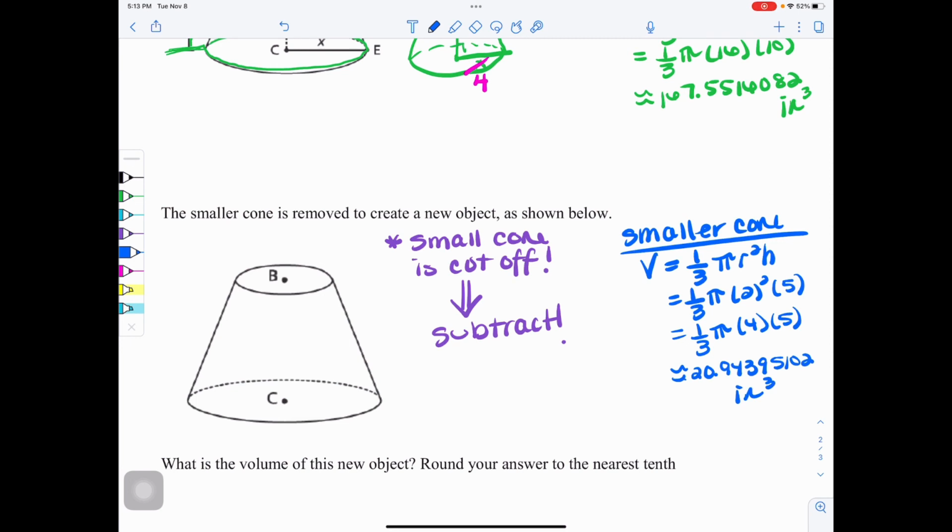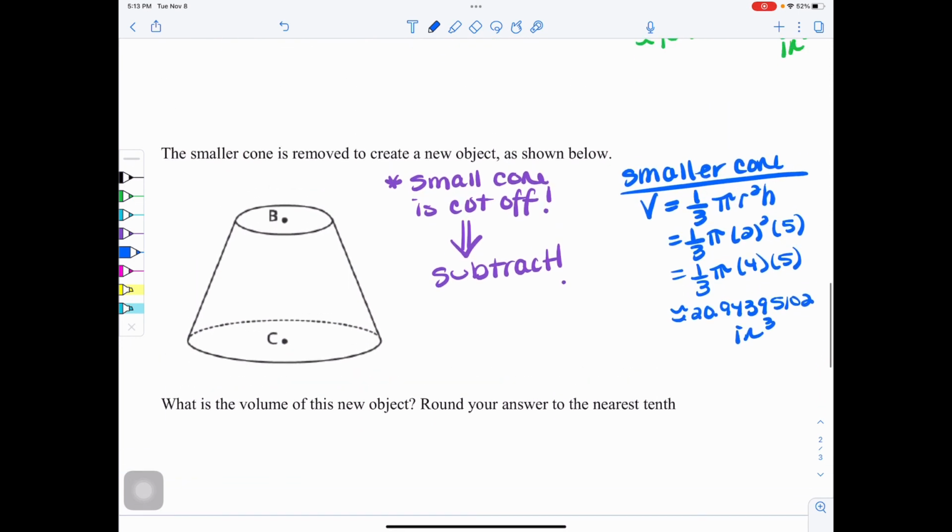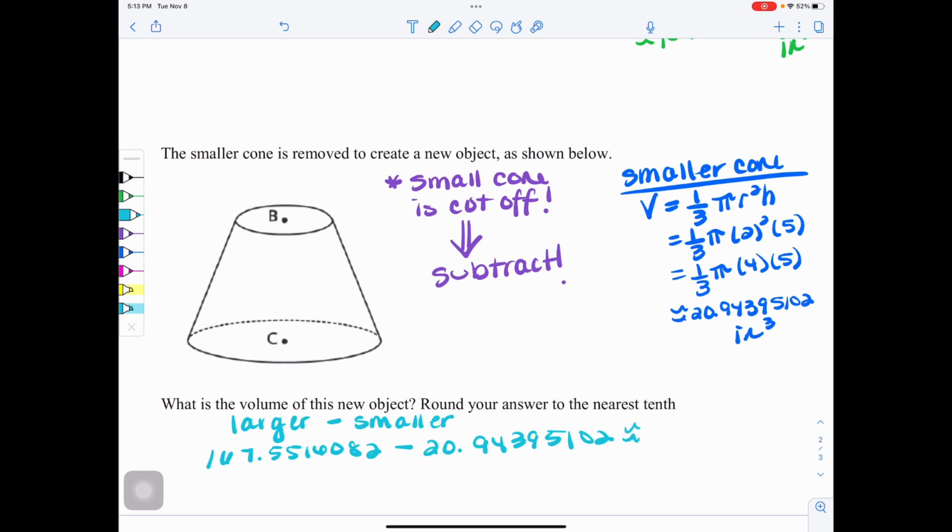So now we know if we want this unique shape, we're going to have to subtract these to figure out what's left over, or in other words, what's remaining. So we are going to subtract them now here in this bottom section. So we're going to take the larger and subtract the smaller. Our larger volume was 167.5516082. We're going to subtract the smaller volume, which was 20.94395102, which gives us approximately